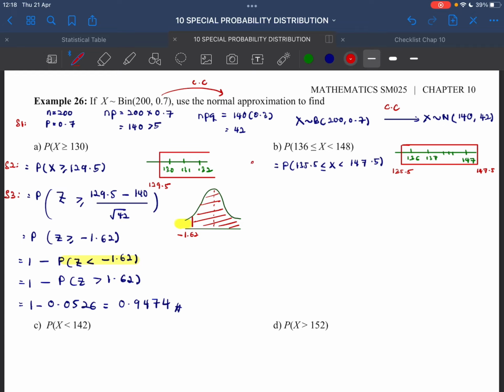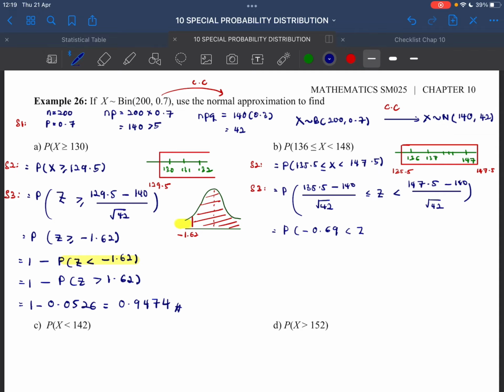Okay, so that is your second step for continuity correction. Next, we are going to change this into the standard normal distribution. So we put Z equals 135.5 minus the mean, which is 140, divided by the standard deviation, square root of 42. And here is Z for 147.5 minus 140 over square root of 42. Put everything in your calculator and you should get P of negative 0.69